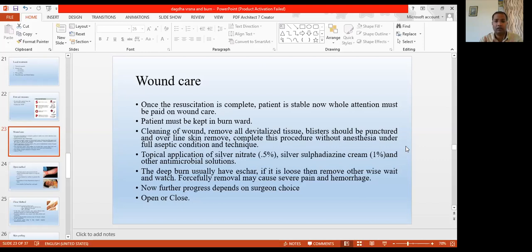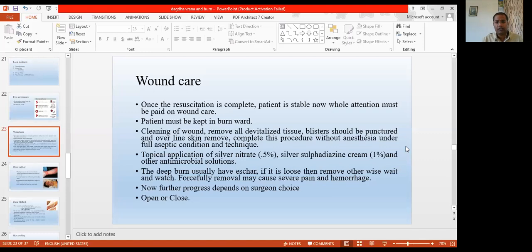Scar, you know, we already discussed in a previous lecture, when there is a circumferential burn of the second degree or third degree burn, in the process of healing there is hard tissue that is called scar. Scar is very thick. The development of scar is a kind of preventive, defense mechanism of our body. It gets hard so that the pathogens don't reach that burn site.